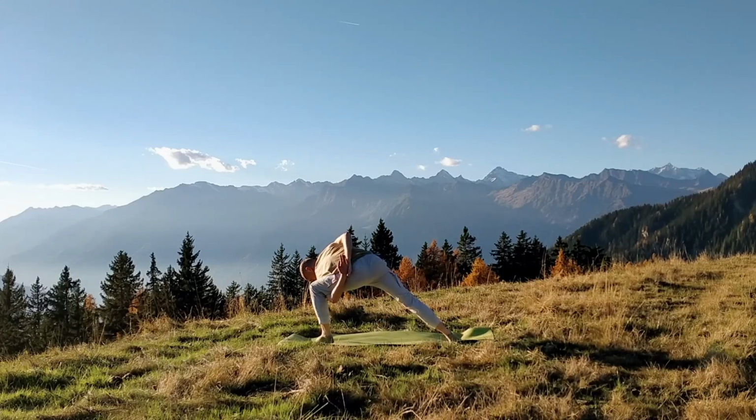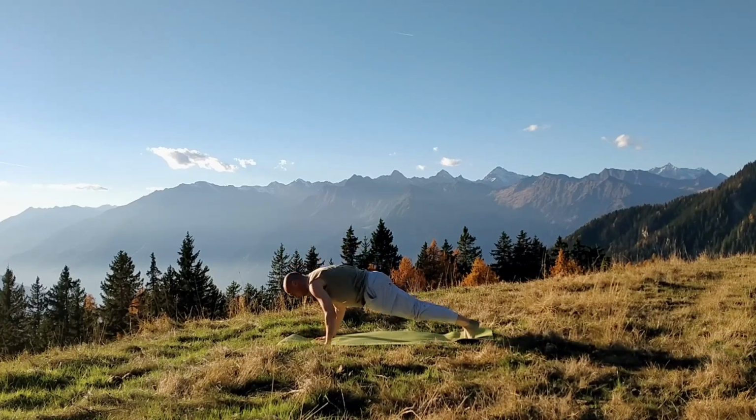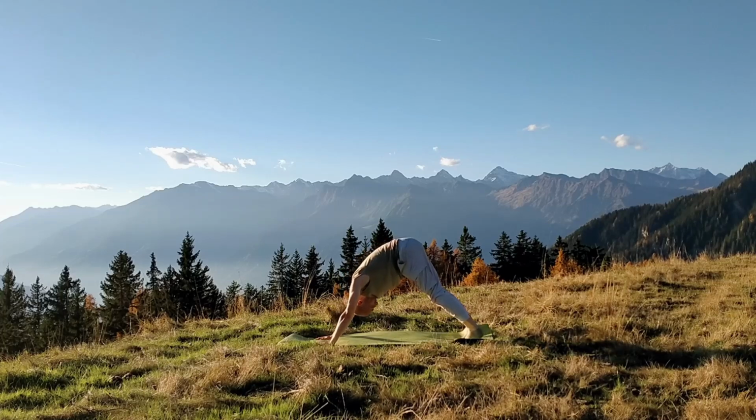and from here reach your left arm underneath your left leg, grab your wrist into a bind, open up the chest and look up to the sky, and release your hands, place your hands back on the mat, step back into a plank, Chaturanga, inhale, roll your shoulders back, hips are lifted, and exhale, sit bones up to the sky, push your feet into the mat, coming